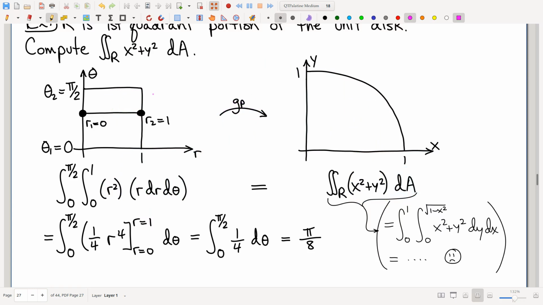Just clean up here. Super easy integral. Now, you got to be careful about one thing. It is common to insert the stretching factor in there dutifully, and then to somehow be scared to do anything with it, like, oh yeah, but it needs to be there. Yeah, true, it does need to be there, but it needs to be there in order to be part of my new integrand. My new integrand is not r squared. My new integrand is r cubed. So don't forget, that's what the stretching factor is there for. It's to account for the factor difference in the areas of the differentials, if you will. So r cubed is our integrand,